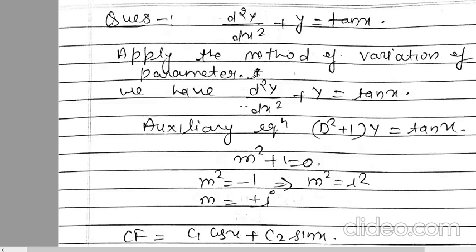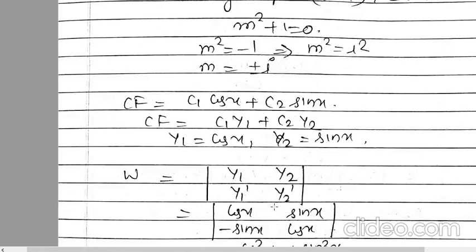So the auxiliary equation will be m square plus 1 is equal to 0. d2y by dx2, you can write as D square plus 1 of y is equal to 10x. So m square is equal to minus 1. So m square is equal to iota square, because we know that the value of minus 1 is iota square. So m is equal to plus minus iota, right?